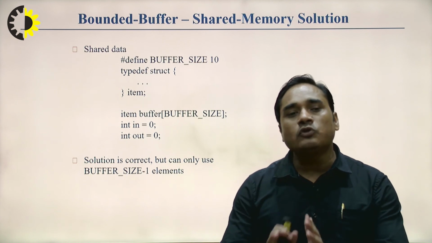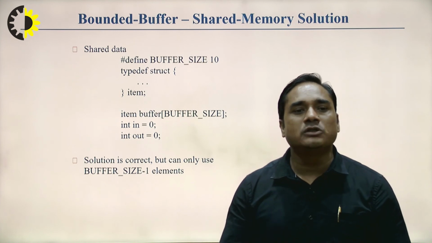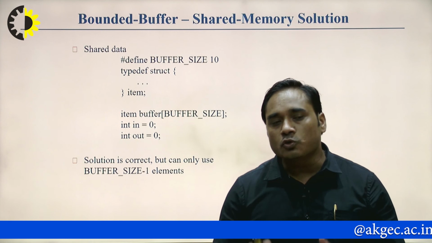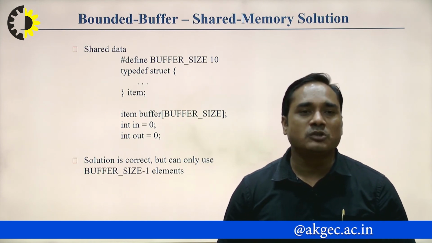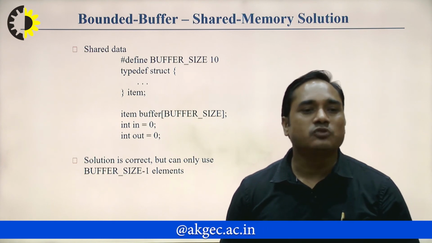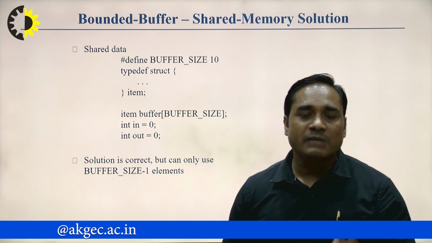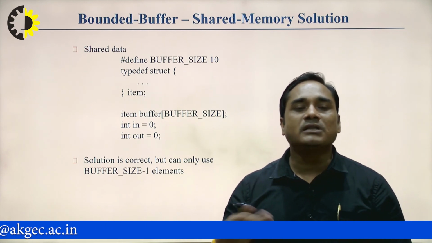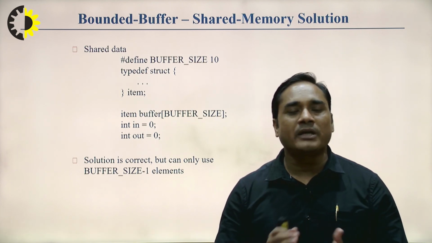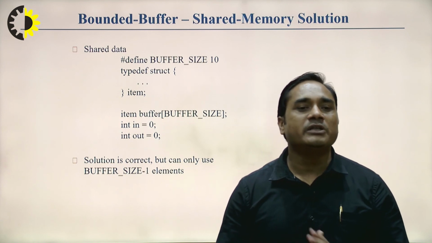Initially both are in the 0 state, and now process P1 wants to produce items. How many items can process P1 produce here? The total number of items that can be produced by process P1 is 10. Then process P2 will start consuming the items. Definitely one process at a time can use that particular shared buffer, and after that the second process can use the buffer area. So in producer-consumer, the processes cooperate with each other, use the shared buffer, and complete their work.